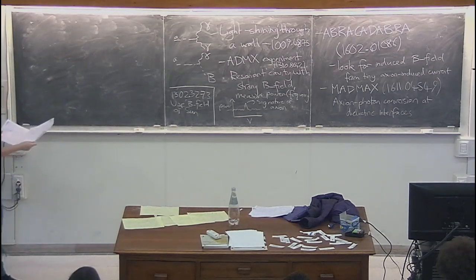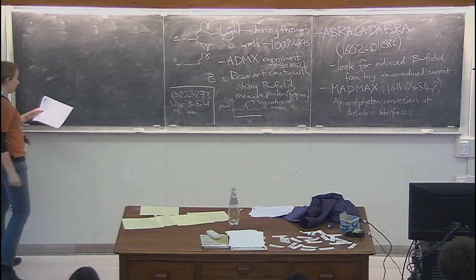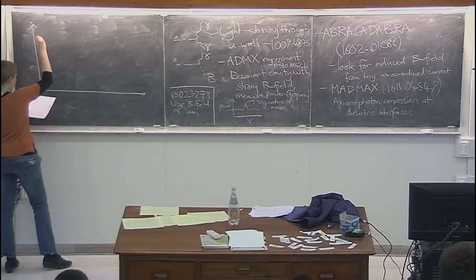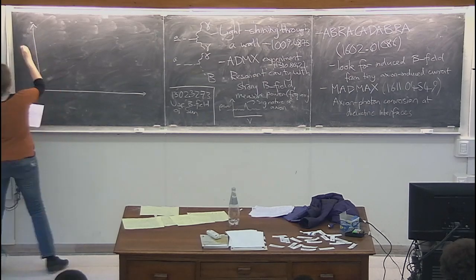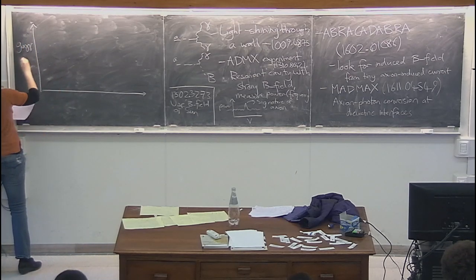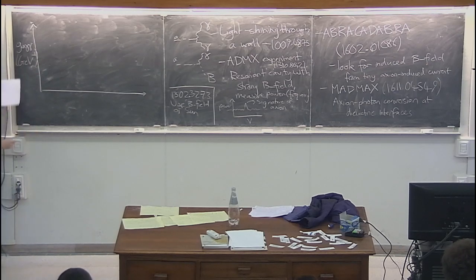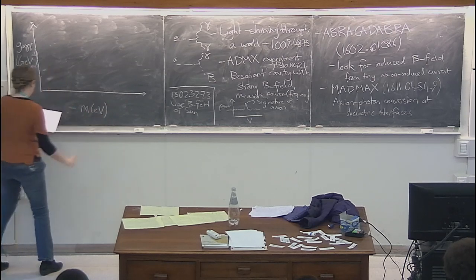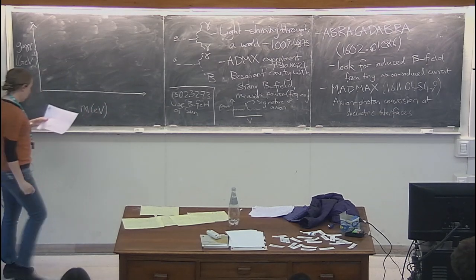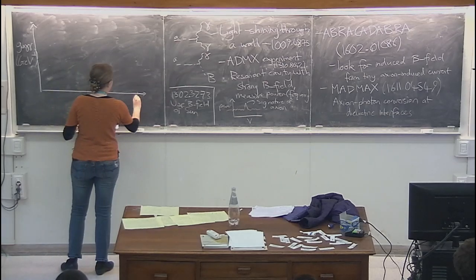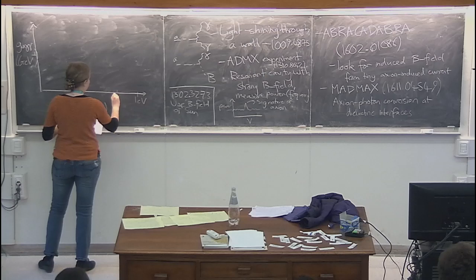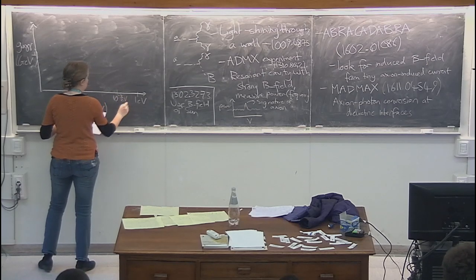So if we look at this coupling, this is a dimensionful coupling. We expect it to scale like 1 over f_a. And we look at the axion mass on the eV scale. So we can start looking up at like 1 eV, although this would correspond to a thermal axion if it was actually the dark matter. 10 to the minus 3 eV is the boundary between hot and cold dark matter for axions.